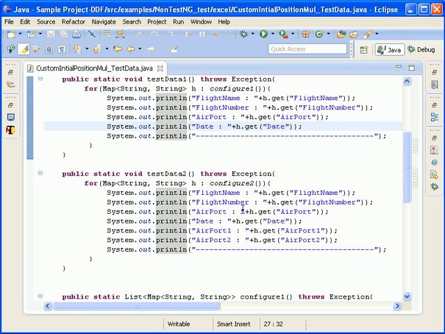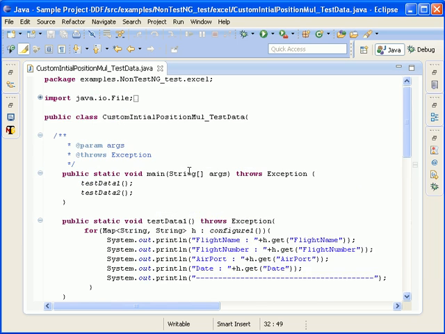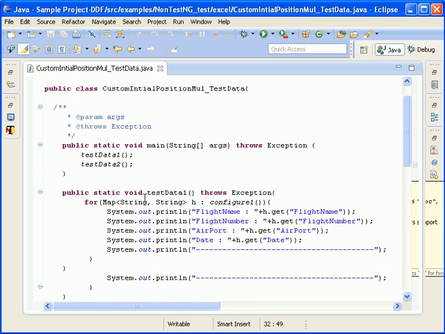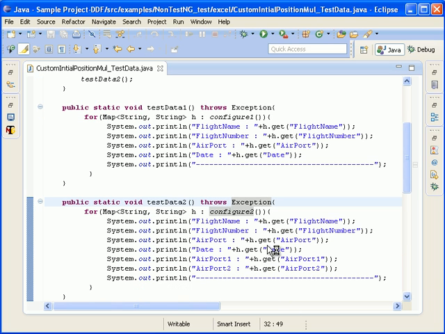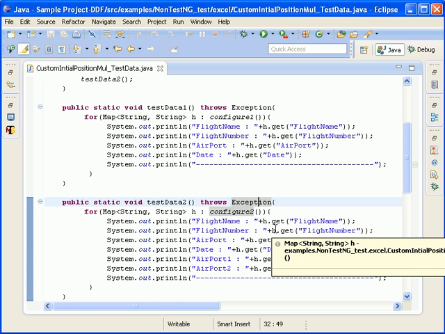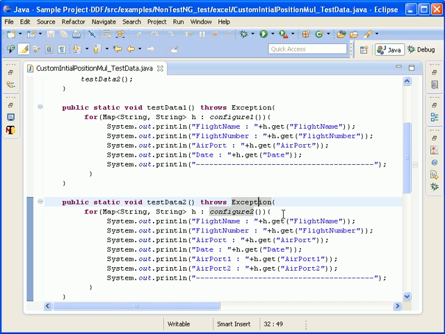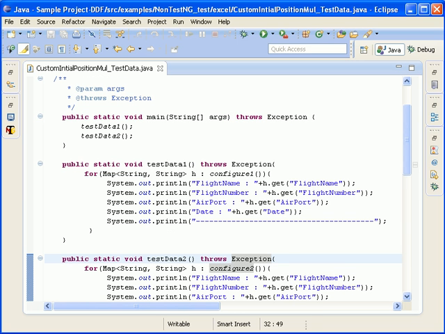So that's how the API works, how the data driven framework works. It's not integrated with WebDriver. You need to take care of integrating it; you can use it as per your requirements. The current data driven framework is only for reading the test data from the Excel sheets. It does not write into the Excel sheet. So one more limitation with this